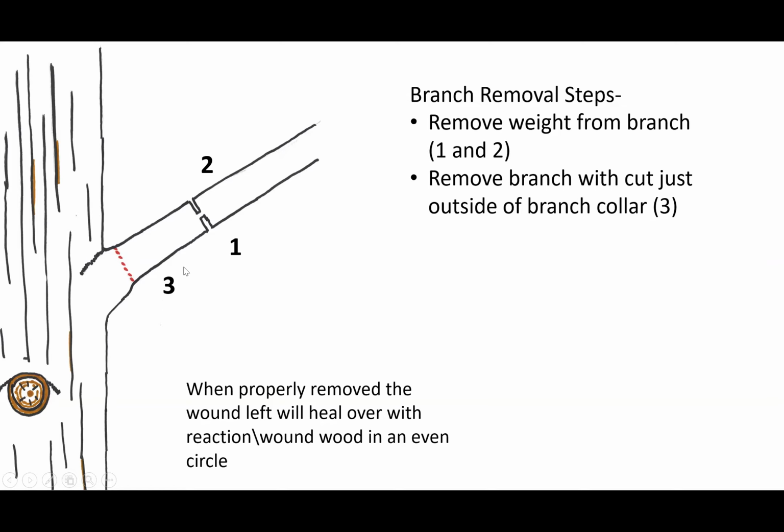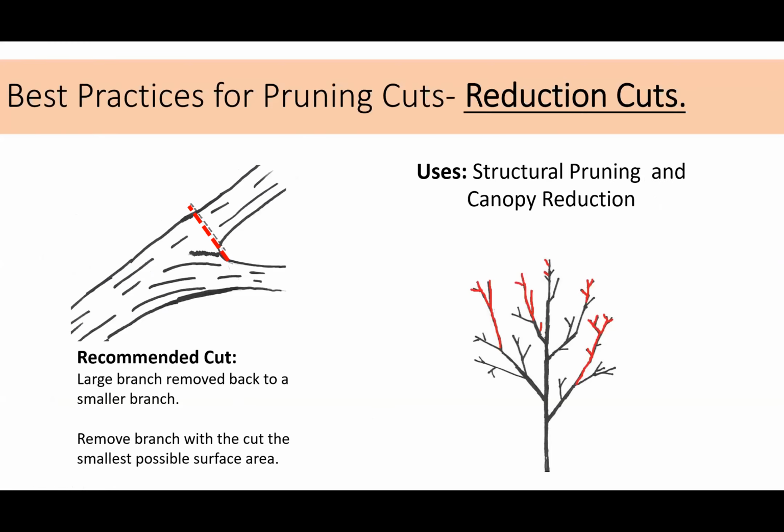When I was taught this, we were taught to make the undercut and then come down the branch a few inches and make the overcut further out along the branch. That works fine too. My understanding is this is the new recommendation, because it's less likely to bind a chainsaw. They both work. I've done them both. So that's removal cut. It's the safest sort of cut, especially if it's on a small branch that has a collar. However, if the removal cut was large enough when we were using heartwood, the risk of decay getting in would increase.